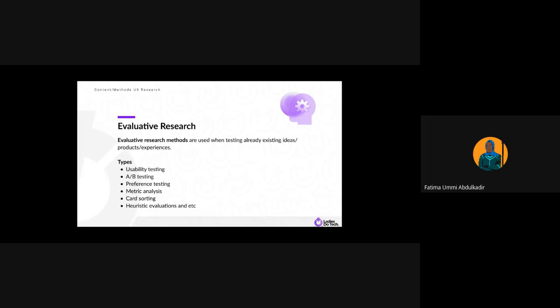Then metric analysis is when you've done all of these things, or you've built what you've built. Before you design, you actually have goals, business goals, or KPIs, key performance indicators, that you are following, or want to use to measure the experience you've designed. So metric analysis is a way for you to check on those, to measure your experience, to see which one works and which one didn't work, which one you need to change.